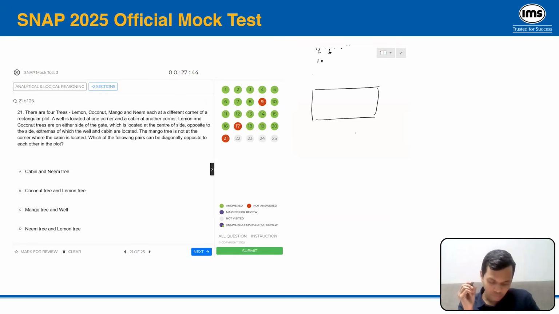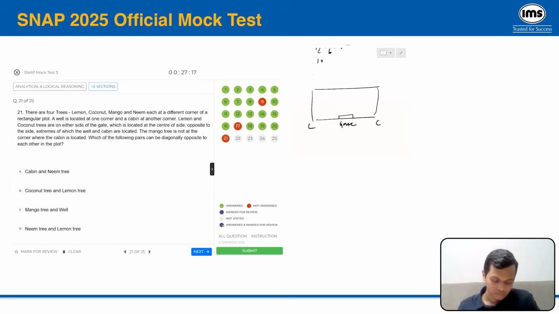So let's say here that is the gate, opposite to the side extreme which the well and cabin are located. Okay. So lemon and coconut,